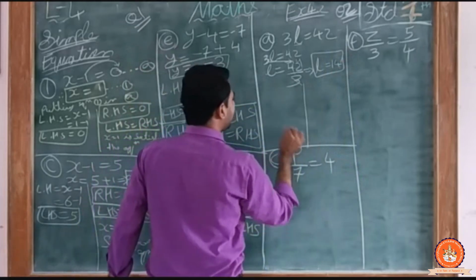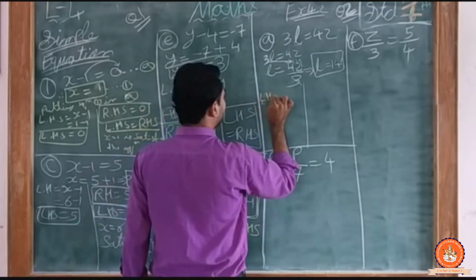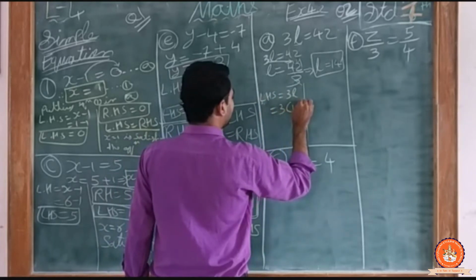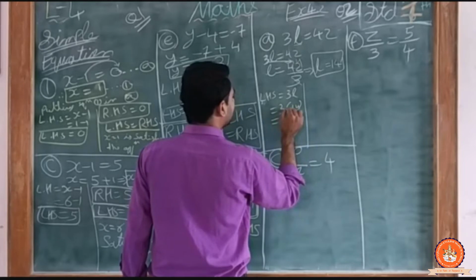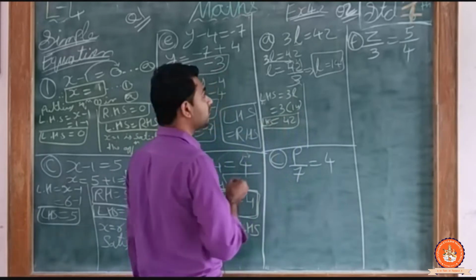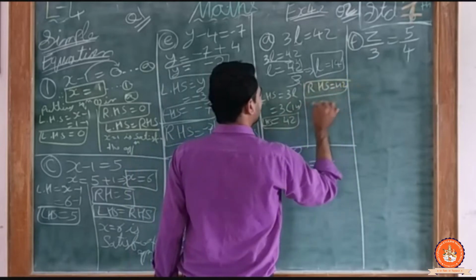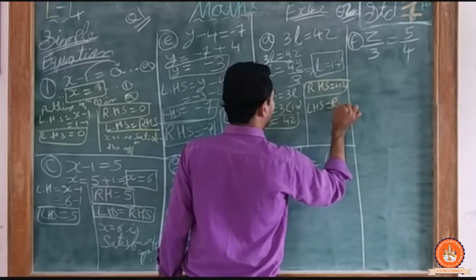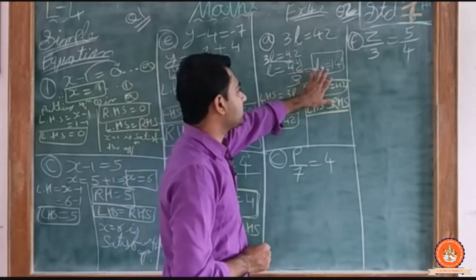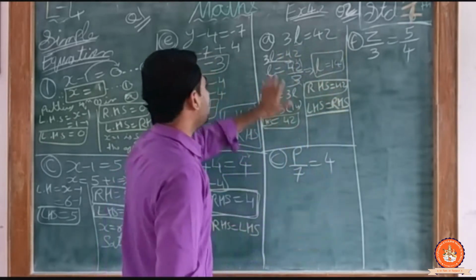Now solving the LHS side and RHS side. So what is LHS side and what is RHS side? LHS is equal to 3L. So in place of L I will write 14. Now 14 3s are 4 3s are 12, 2 and 1, 3 1s are 3 plus 1, that is 4. So LHS I got 42. Clear student? Now here RHS is also 42. So LHS is equal to RHS. Clear हुआ? So I can say that variable L is equal to 14 is satisfied for the equation 3L equal to 42. Clear students? मैंने A वाला सॉल्व कर दिया.